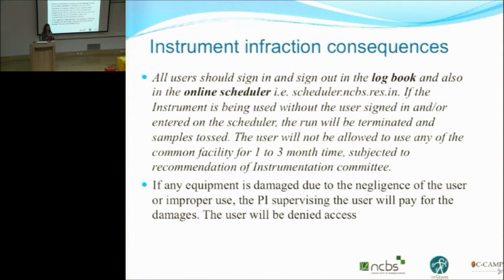So, logbook, scheduler. Now you're new here. Scheduler you do online. It's your reservation. That way everybody knows who's using what equipment when, and you know it's available for you. You just don't get to hop in and use it. You need to make your reservation. The logbook sits next to the equipment. This is very important for everybody,